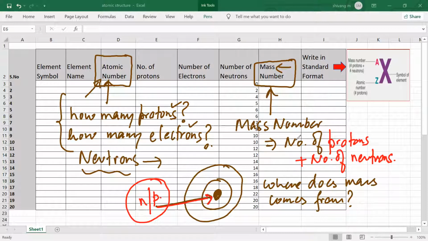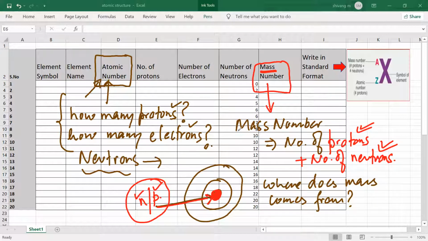Yes. See, what you need to understand is it gets confusing at times, especially when you are starting. But whenever you get confused, just look at the mass number. Mass number means mass. Where does the mass come from? Mass comes from nucleus. What is there in the nucleus? There is neutron and there is protons. So what does mass number mean? Mass number would mean the mass contributed by the protons and the mass contributed by the neutrons. Mr. Satya, are we clear? Yes. See, it is pretty logical if you try to understand it.